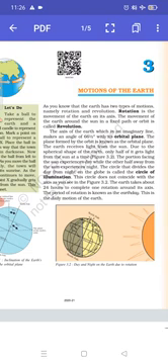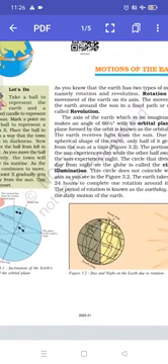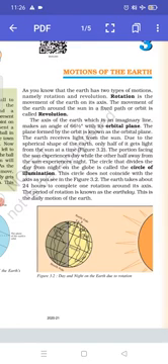The portion facing the sun experiences day, while the other half away from the sun experiences night. So you can see it from the picture, it is very clear. The circle that divides the day from night on the globe is called the circle of illumination. If you have seen a globe, there is one circle of illumination which divides the globe. This circle does not coincide with the axis, as you can see in figure 3.2.